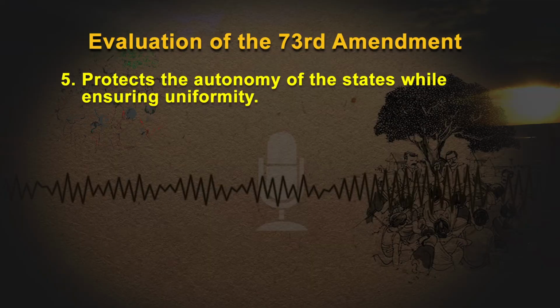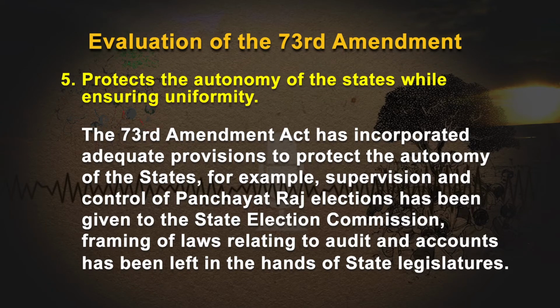5. This Act protects the autonomy of the states while ensuring uniformity. Panchayati Raj is a state subject and a legislation by the centre in this area amounts to transgression on the autonomy of the states. However, the 73rd Amendment Act has incorporated adequate provisions to protect the autonomy of the states. For example, supervision and control of Panchayati Raj elections has been given to the State Election Commission. Framing of laws relating to audit and accounts has been left in the hands of the state legislatures, and power